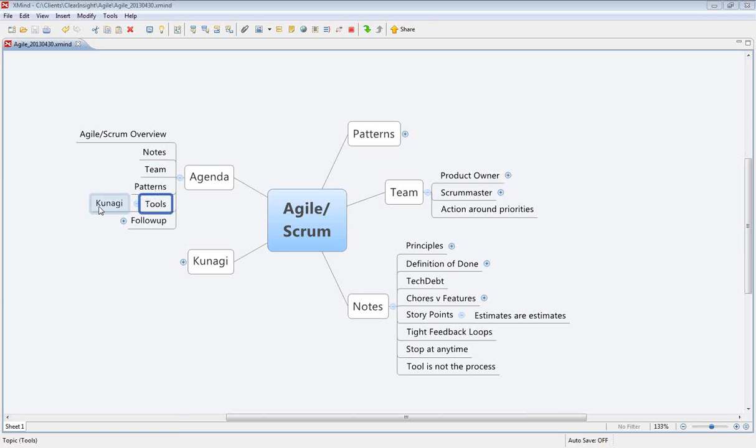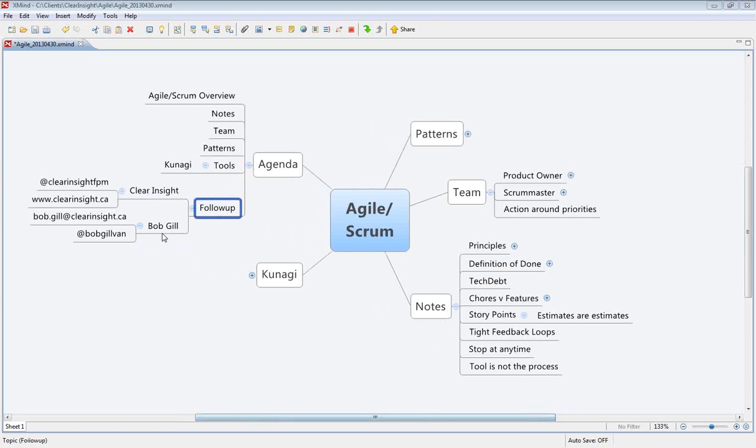We're going to talk about one tool in particular called Kunagi,